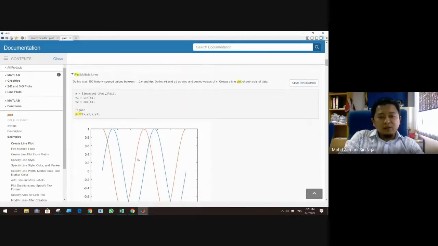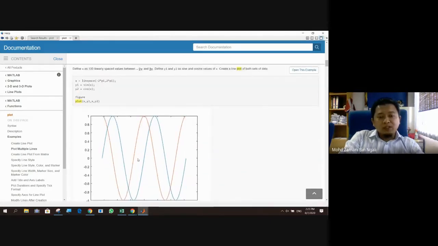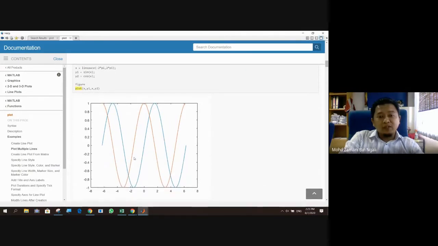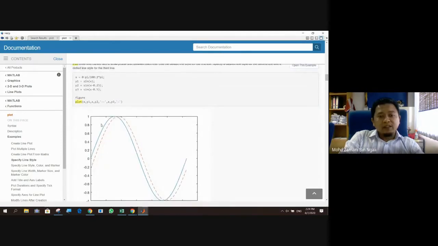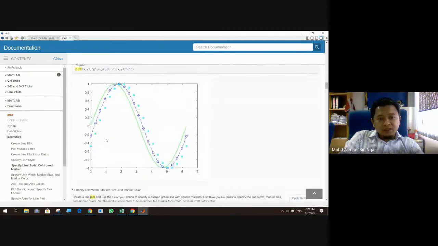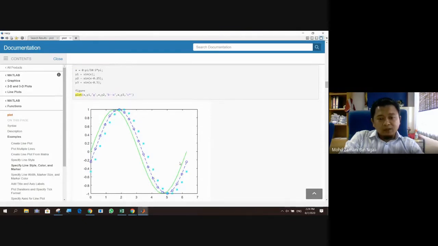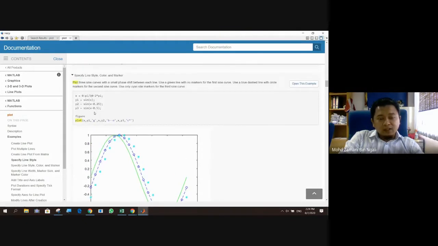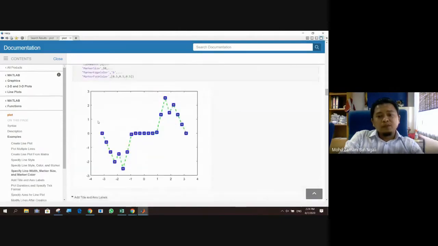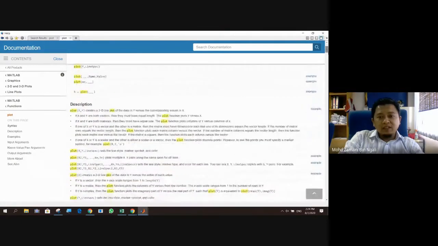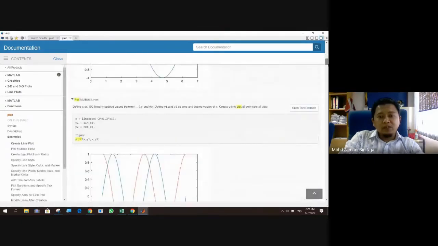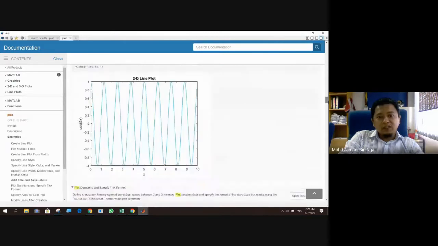And then at the bottom you can also find all the commands for the extra features. For example, how you want to have two lines plotting, how you want to have the line spec. Is it a dotted line, full? If you want to have markers on your line, you can see all the examples here. So whatever is in the syntax just now, we'll have the explanation and all the examples that you can learn